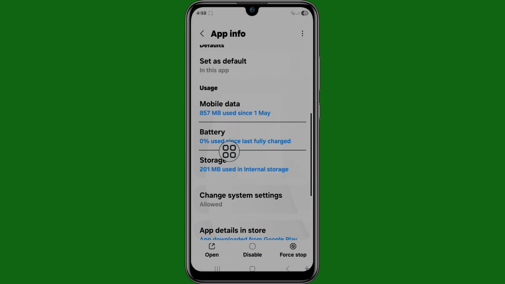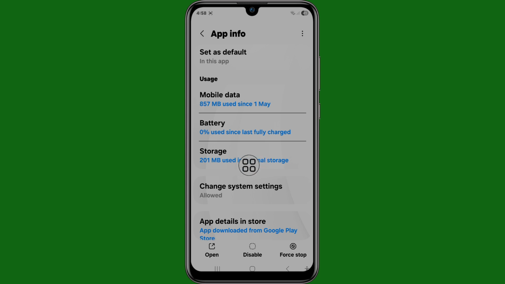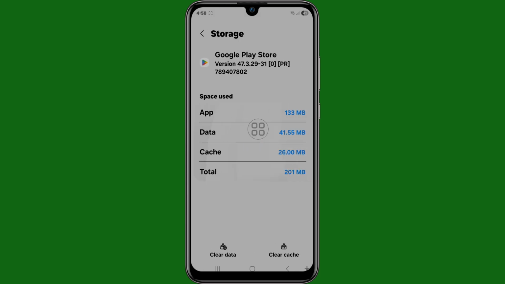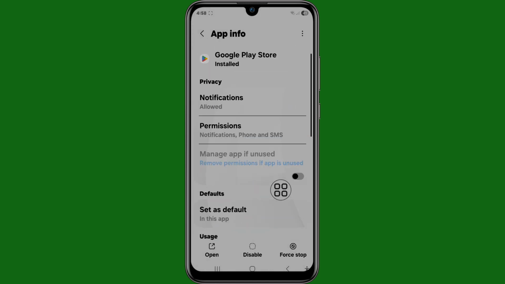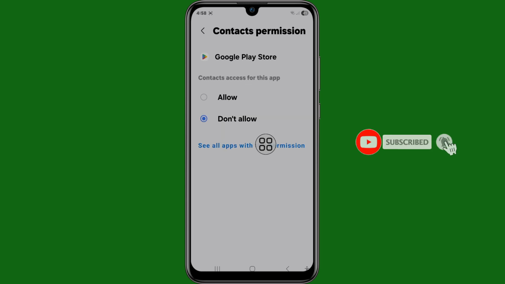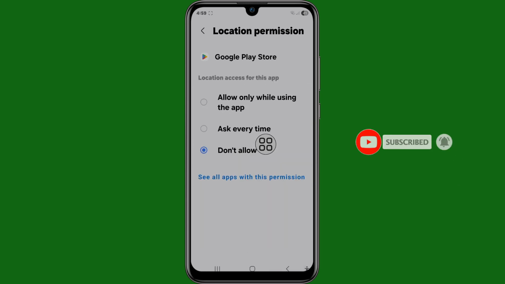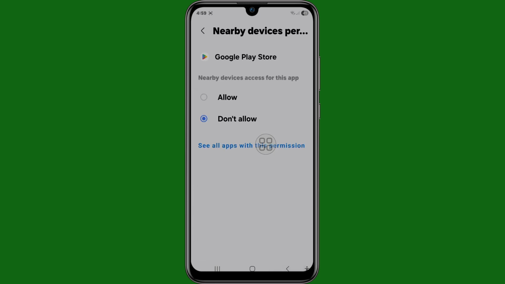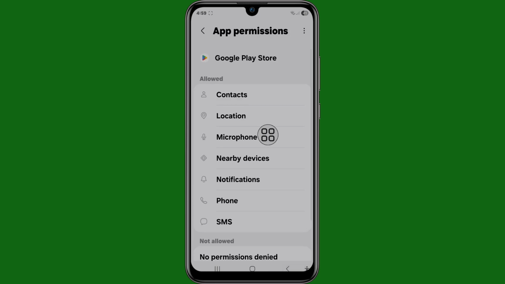Now scroll down, click on storage, then click on clear cache. Now back, click on permissions. Now allow all permissions. Allow all permissions, allow. Now back,